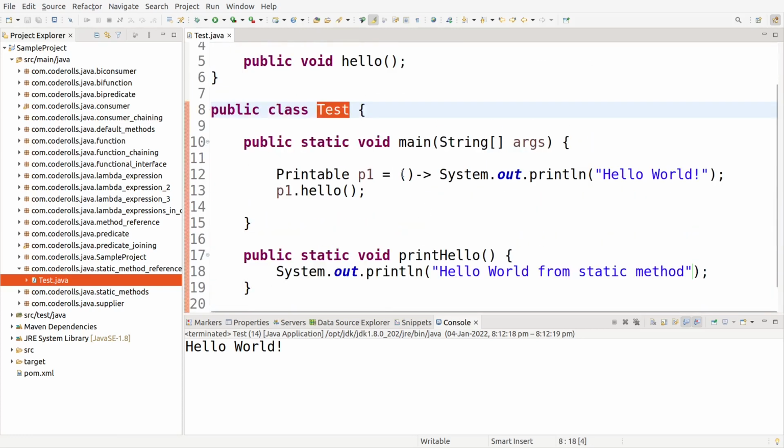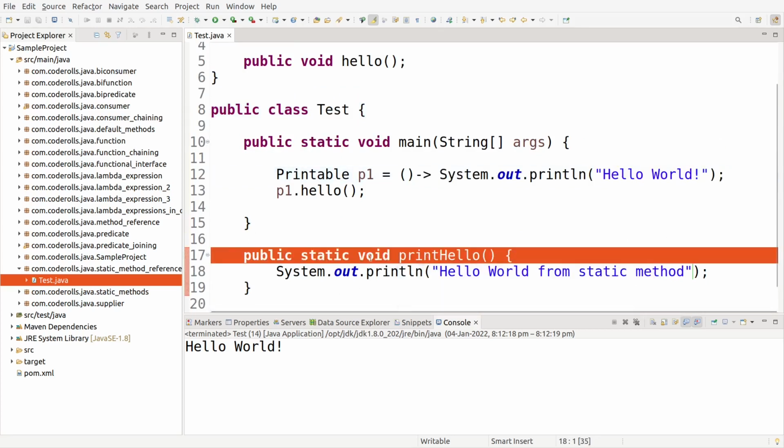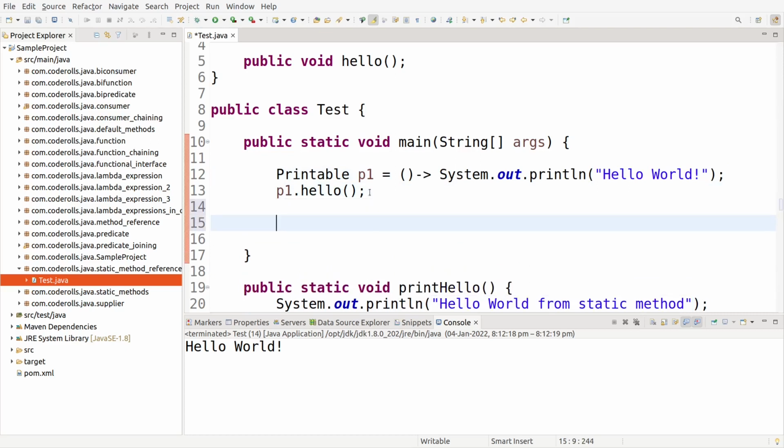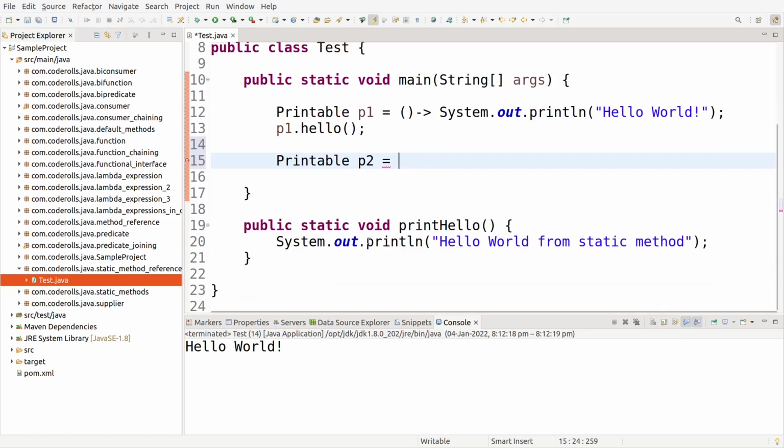Now instead of writing a lambda expression, how can we use the static method reference? We will see below. Printable p2. Here I don't want to write separate logic using a lambda expression. I want to reuse the logic from the printHello static method, and we can do it using the static method reference concept. So what is the syntax for it?